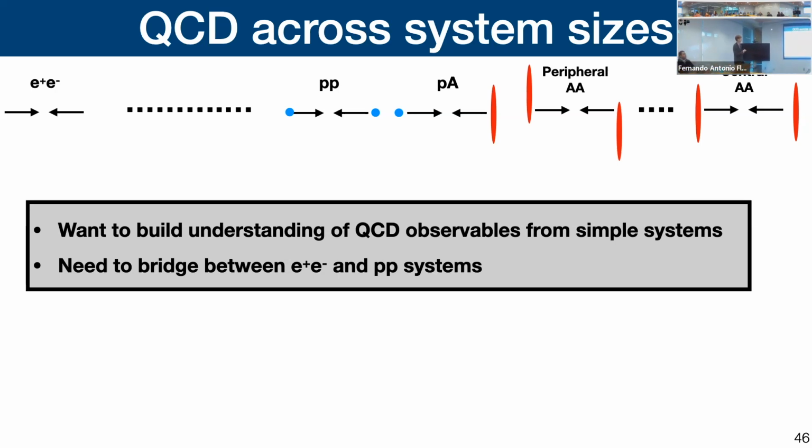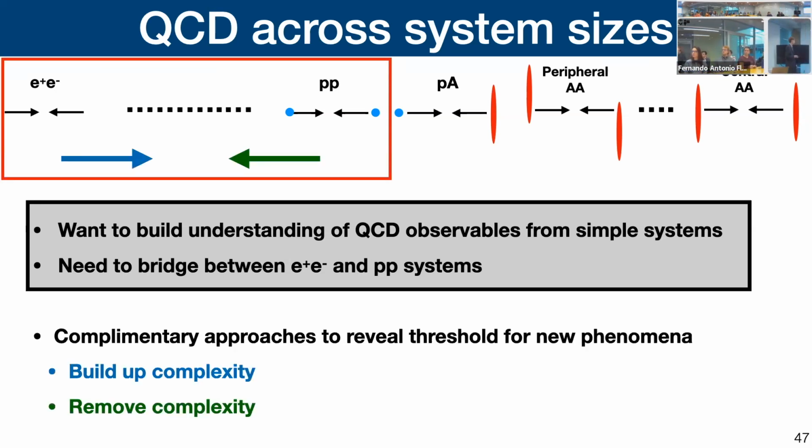So what we can do is we can try to start at very simple sizes and build our understanding as we go, for example, to proton-proton collisions and then proton-A collisions, right? And in fact, I think there's a gap here between our understanding of electron-positron and proton-proton collisions, right? And there's more that we can do to see if we can build from here to here and enhance our understanding. And so there's some ways we can do this. In general, I want to talk about two methods. One, you can try to add some complexity to the simplest system you can think of, going this way. Or you can try to remove some complexity from proton-proton collisions and go this way. So I'm going to first talk about removing complexity.